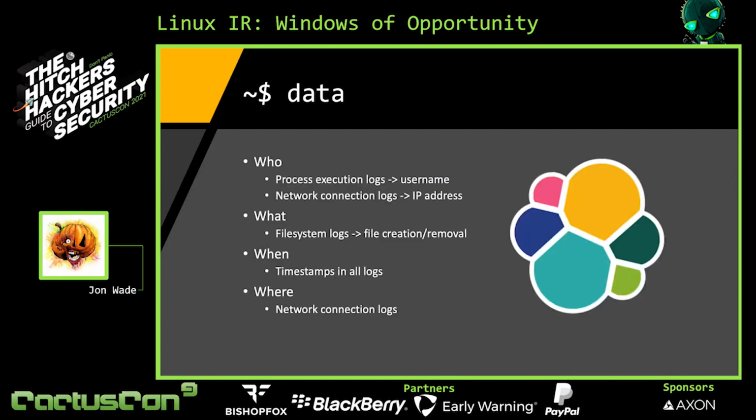As far as our lab environment, it's going to be comprised of Linux hosts that we need to monitor, to ensure that we can answer our simplified investigation questions. Here I've broken down the questions a bit into what type of logs can help us answer them. For the who, as you probably expect, process execution and network connection logs can help us identify either specific usernames or IP addresses. For what, file system logs are a great way to show actions like file creation, deletion, renames, etc.